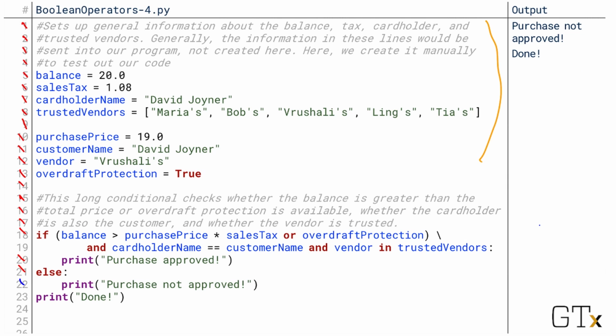Now that was a big, long conditional statement, but if you think about it logically, it makes some sense. Does my purchase go through? Well, yes, it goes through if either I have a sufficient balance or I have overdraft protection, and if I am the customer I say I am, and if I am the cardholder of the card I'm using, and if the vendor I'm shopping at is trusted by my bank. We can kind of see how if any of those three things are false, the purchase won't be approved. So even though the reasoning is quite complicated, it still comes from a situation we might encounter in the real